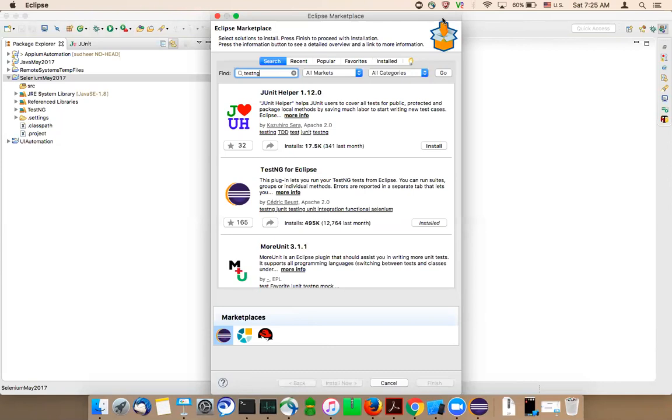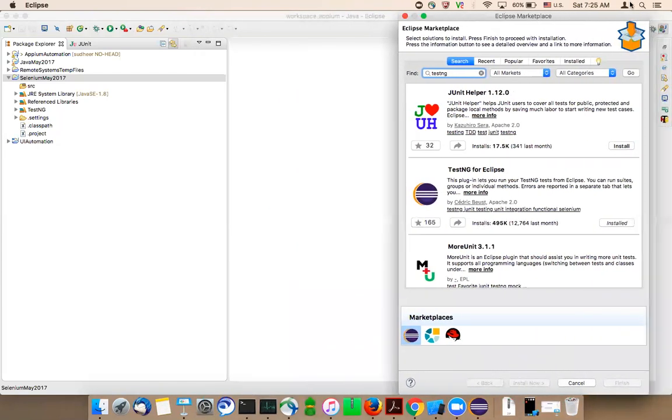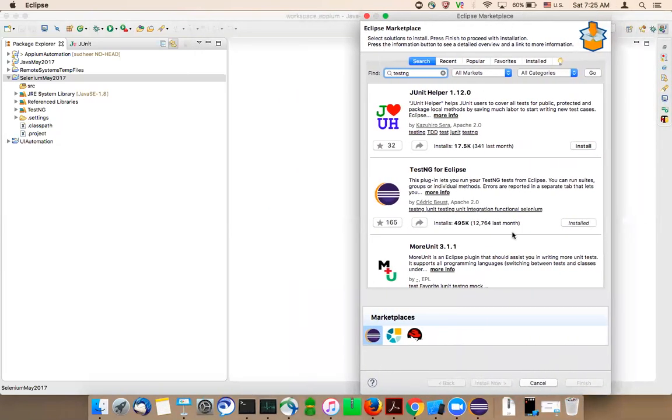You can type TestNG here and install. It's nothing but installing an Eclipse plugin. There are so many Eclipse plugins available, and one of them is the TestNG Eclipse plugin.